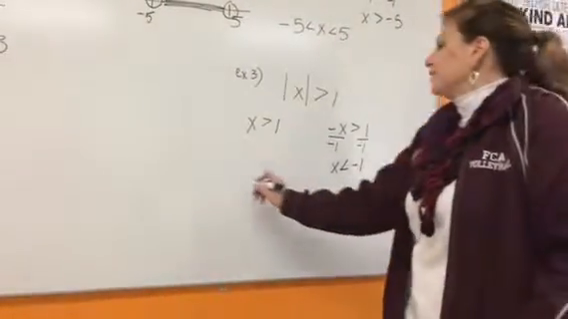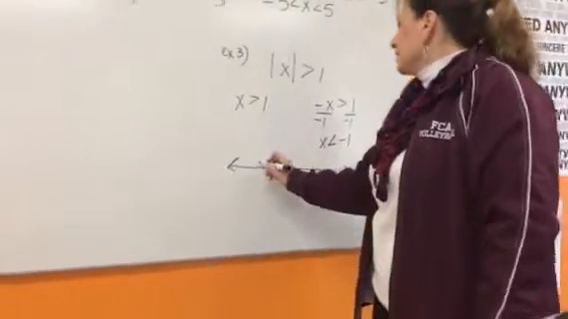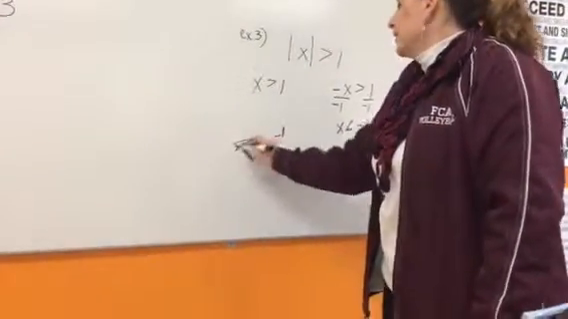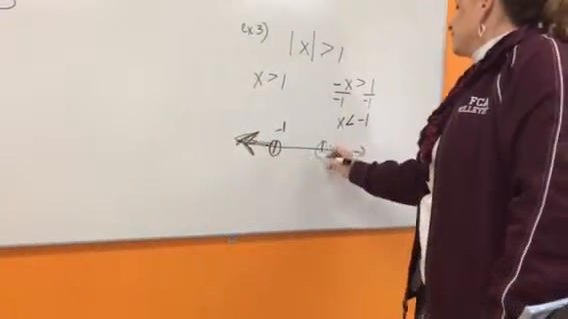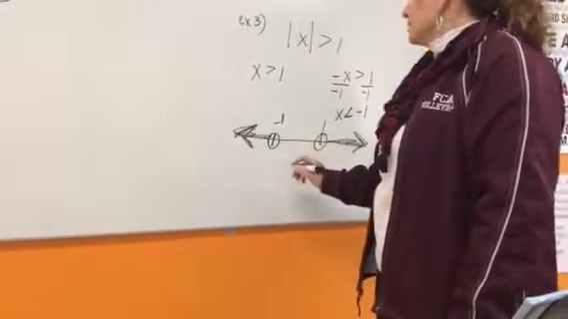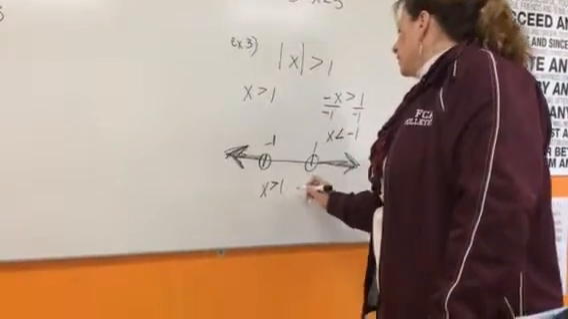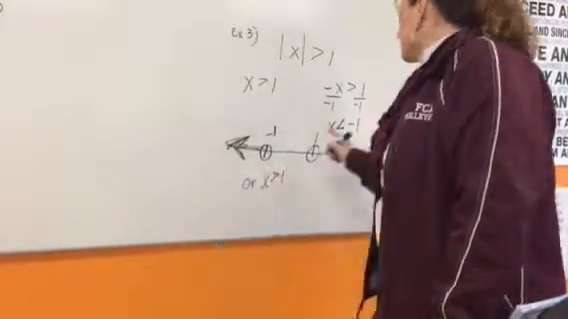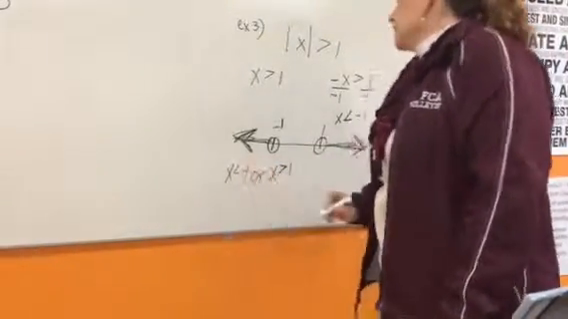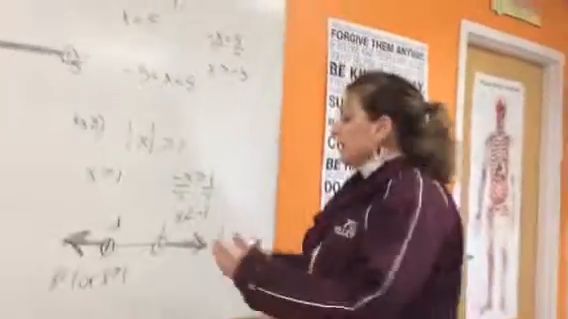So I'm going to graph it first, and then I'm going to show you what the final way to write the answer is. If x is less than -1, you've got -1 here, you're going that way. If x is greater than 1, you've got 1 here, you're going that way. So the answer to this one is, actually, I should have put this one first. You do the x is less than first. X is less than -1, or x is greater than 1. It's not an and because we're not